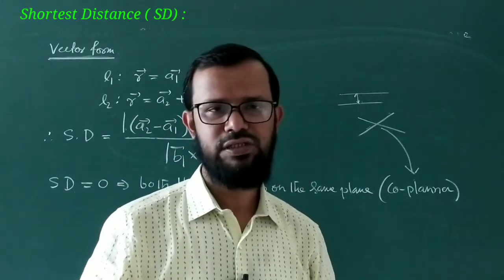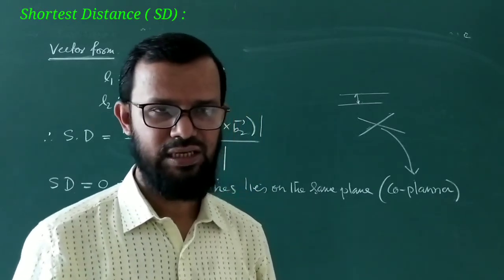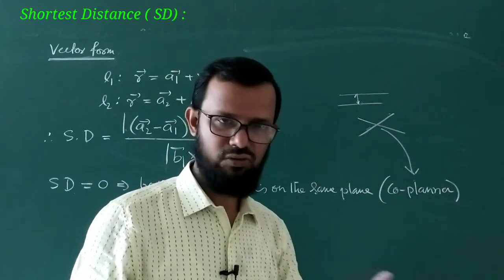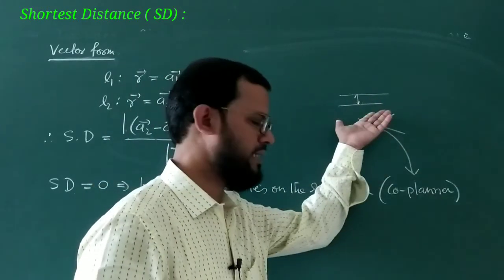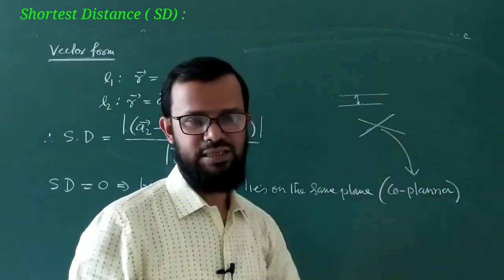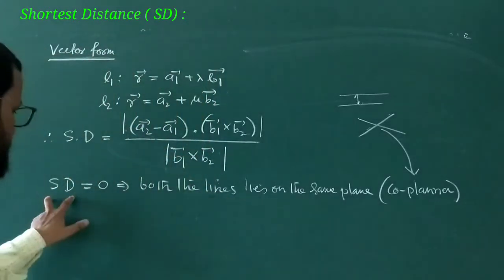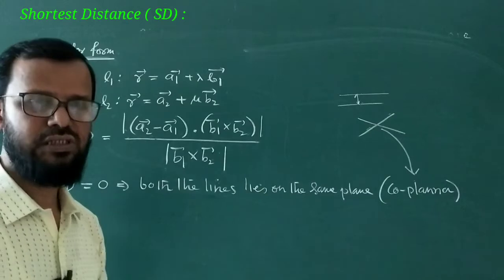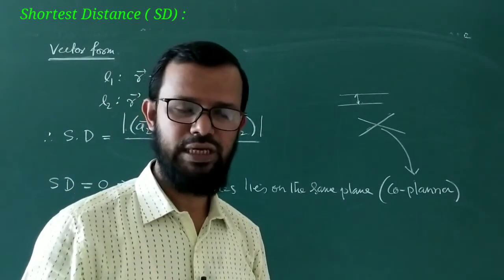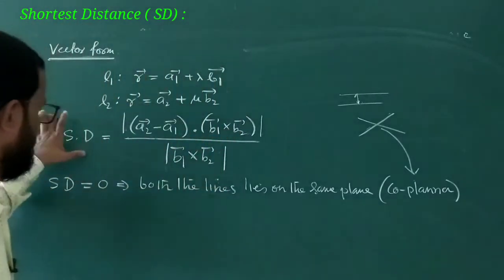When two lines are parallel, their shortest distance is also 0, because you have gone through the skew lines. Skew lines का definition क्या है कि they are not intersecting, they are not parallel, okay, and then we get a shortest distance. And when they are parallel, they are not called skew lines, they are lines in a space and they are in the same plane. और same plane में जो आएगा तो लाइन के बीच शॉर्टेस्ट डिस्टेंस नहीं रहेगा, शॉर्टेस्ट डिस्टेंस 0 होगा। तो ये थोड़ा सा कॉन्सेप्ट को समझना बहुत ज़रूरी है, अगर समझ पाएंगे तो बहुत आसान हो जाएगी।